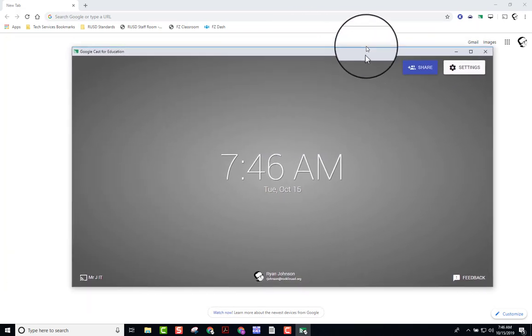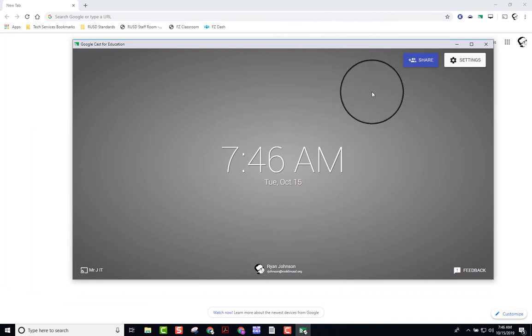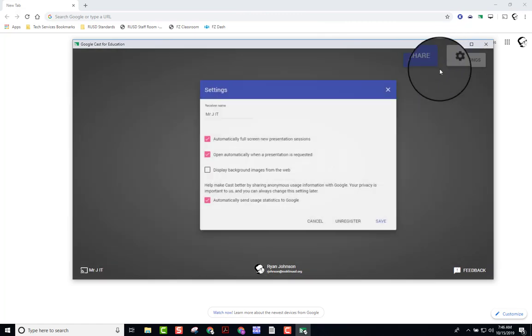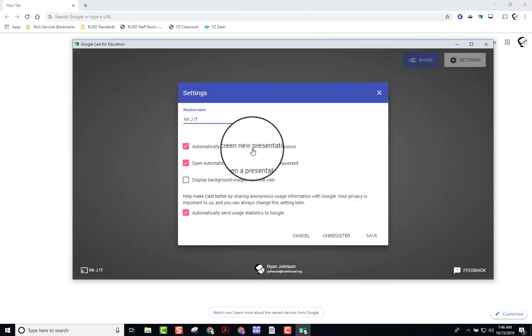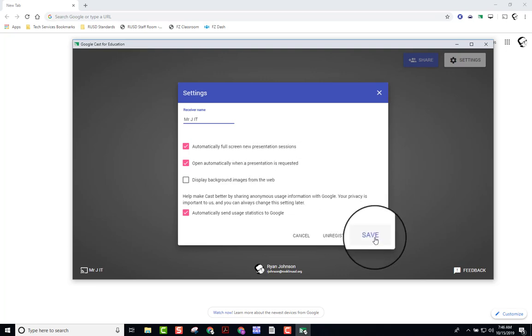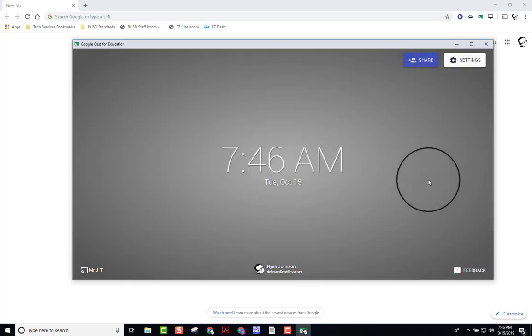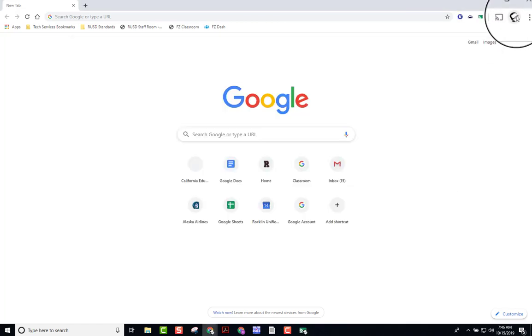Now, within this window is where all the action is going to happen. So notice in my settings, it says automatically full screen, and I say open automatically when I'm presenting. So even if this is turned off and I want to send my screen up there, it will automatically turn on and start the app. So now I'm going to switch over to a new screen here,